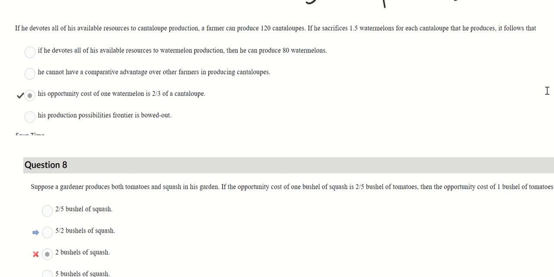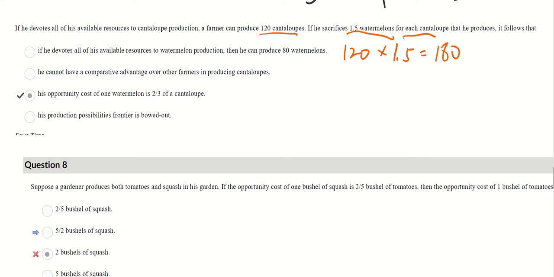Alright, so the first one says, if he devotes all his available resources to cantaloupe production, a farmer can produce 120 cantaloupe. If he sacrifices 1.3 watermelon for each cantaloupe that he produces, then it follows that what? Alright, so the opportunity cost for each cantaloupe is 1.3 watermelon, and he can produce a maximum of 120 cantaloupe. So if you use 120 cantaloupe times 1.3 watermelon, this would be equivalent to 180 watermelon